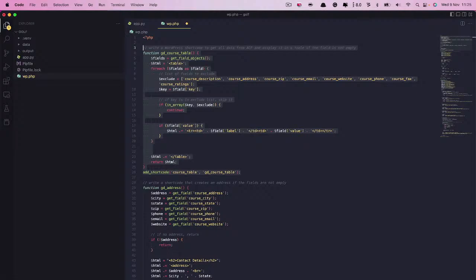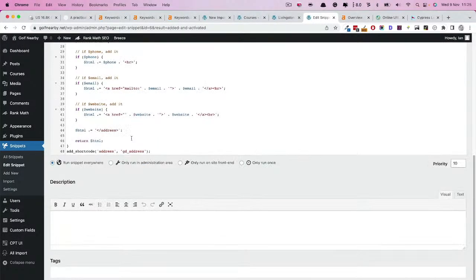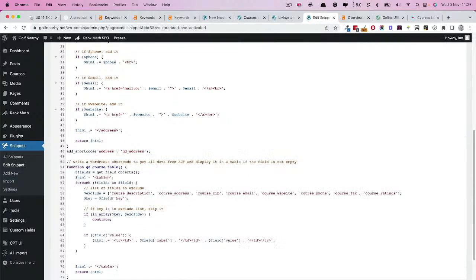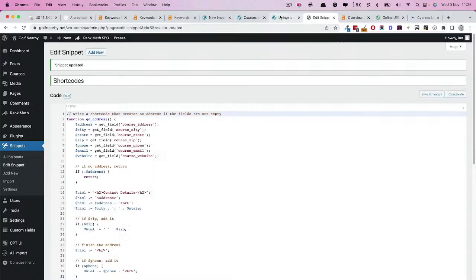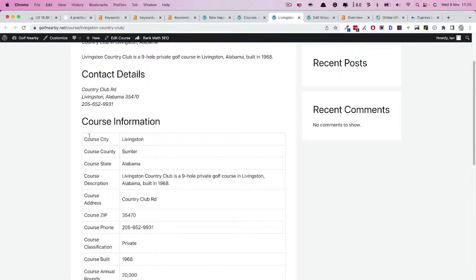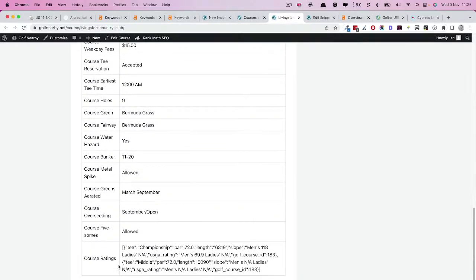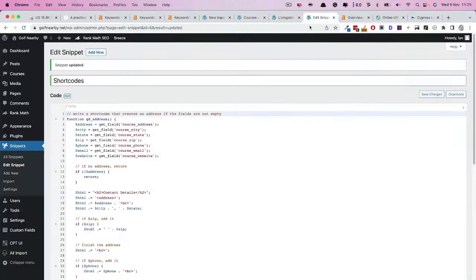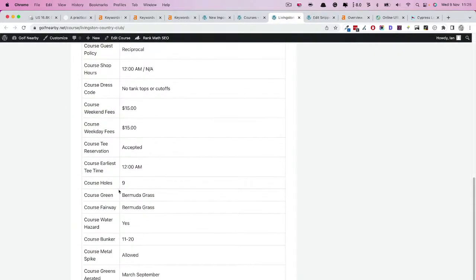So let's head back into our shortcodes, and then we can add this at the bottom here. So now we've got the course table shortcode, and we save that. And when we refresh the page, we now have a table of information, and we can style this out and make it look nicer, but already we've added some value here. Oh, course ratings is not being ignored there, so we need to change that. Could have sworn that was in the list. Course ratings right there. Well, I'll figure that out, but as you can see, we've got some good data, and